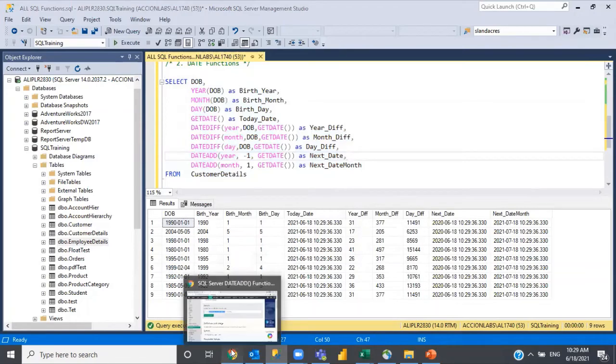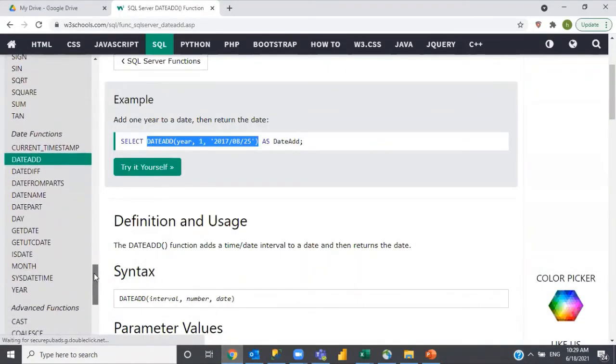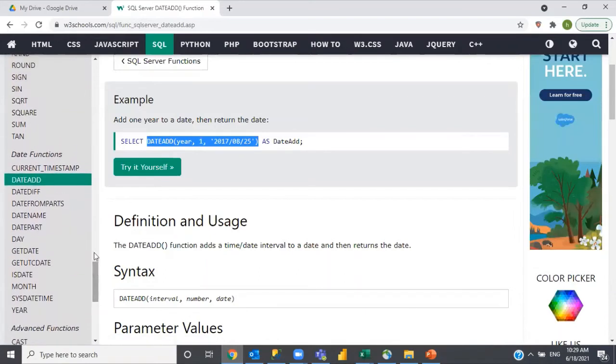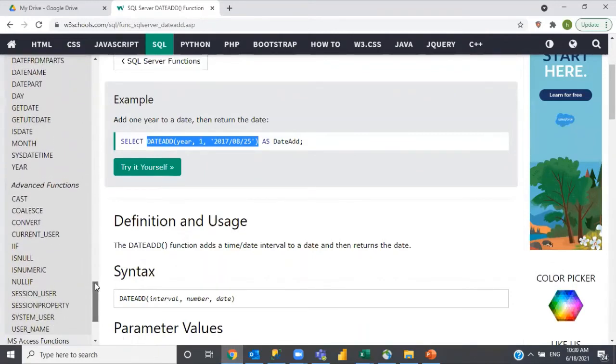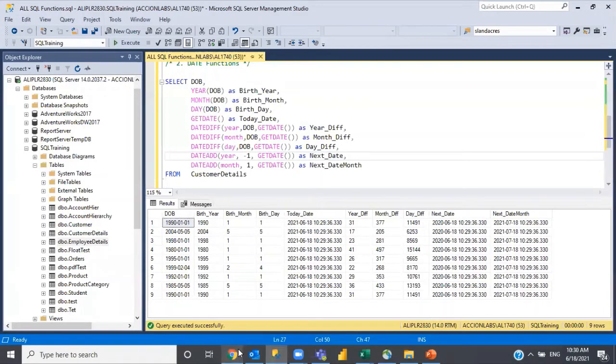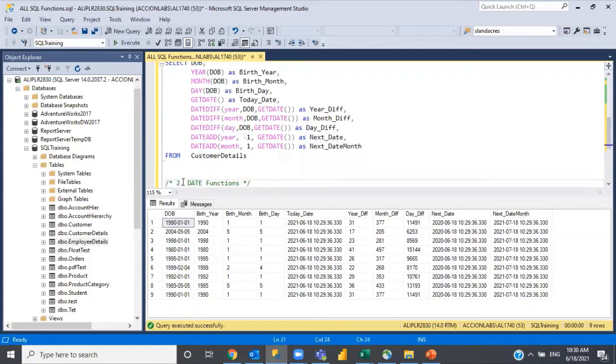So like this you can use the datetime functions, and again you can go back to this SQL functions list in the W3Schools. Anyway, I will give this complete link for you in the description below. So you can just try all this and see how this works. I have tried to list most of the day-to-day functions here. For the rest of the functions, you can directly go to W3Schools and practice with this.